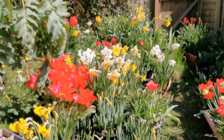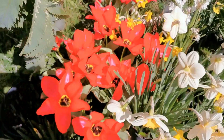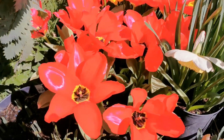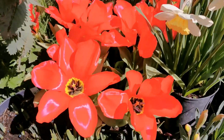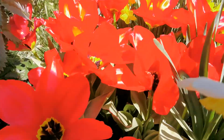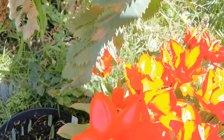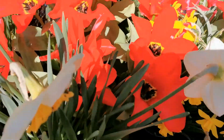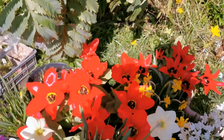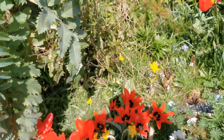Going around to the rest of my garden, as you can see, today, in a sunny day, I will give you another shot of the tulip. This is the, well, I forget the name. This is the tulip. One second, I should have the tag here. Okay, so this tulip is the, sorry for the time, great, yes,